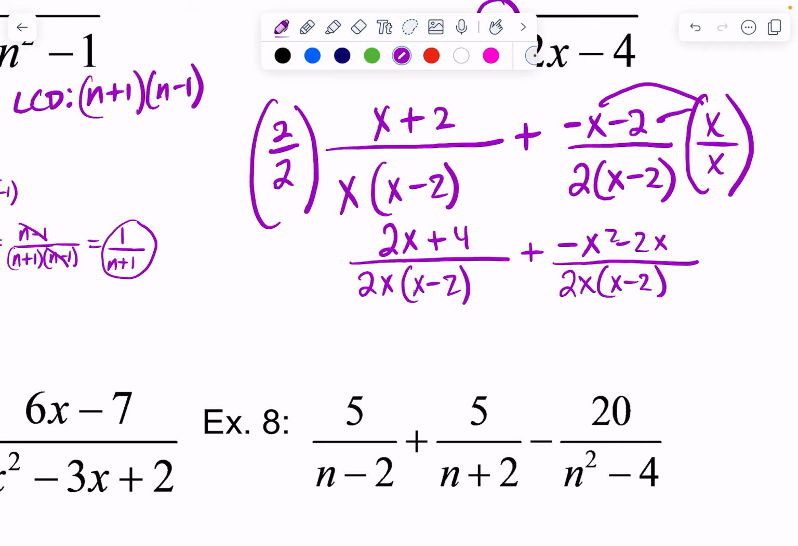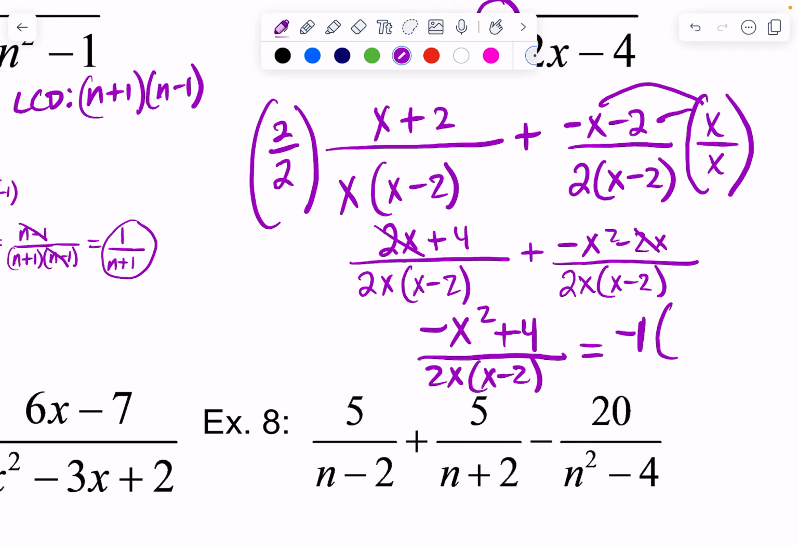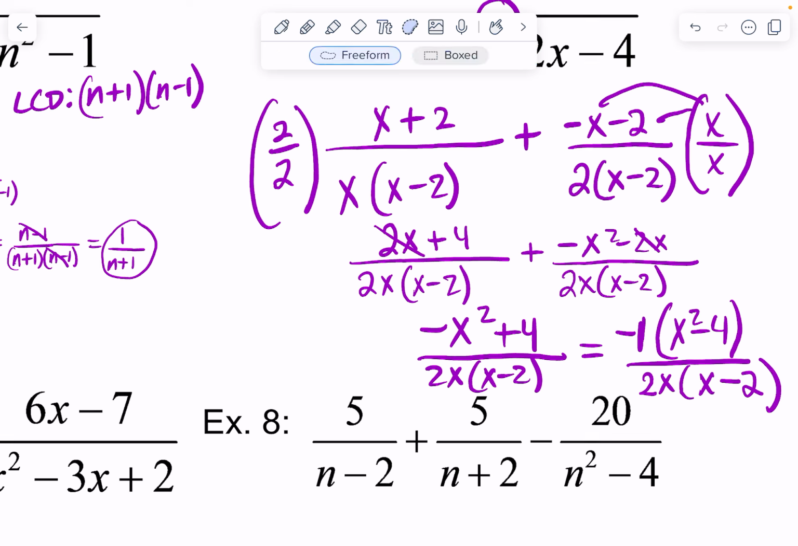So I've got a negative x squared. The 2x and negative 2x cancel, and that's plus 4 over 2x times x minus 2. I can go ahead and factor out a negative 1 here, giving me x squared minus 4 over 2x times x minus 2. And I'm going to have to shrink this up for our last step here, because if you notice,